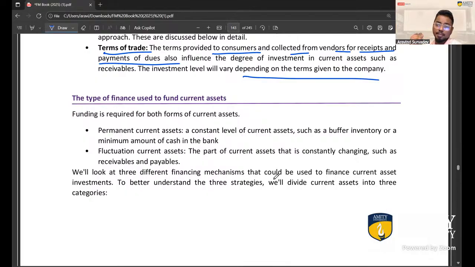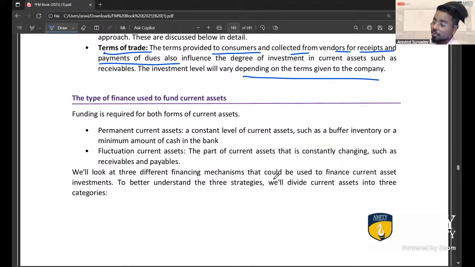Well, I'll give you an example. Imagine, in my wallet, I think there is always a 500 rupees kept under my license. I'm sure a lot of you will have one 500 rupee note like that, or maybe 1,000 rupees, or even 2,000 rupees. Not so common nowadays. So, can I say this is more of a permanent current asset because that balance is always there? Whereas everything else that comes and goes into your wallet would be the fluctuating current asset part.